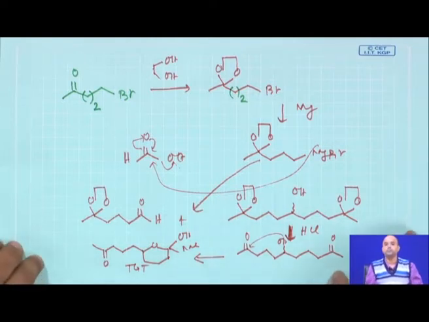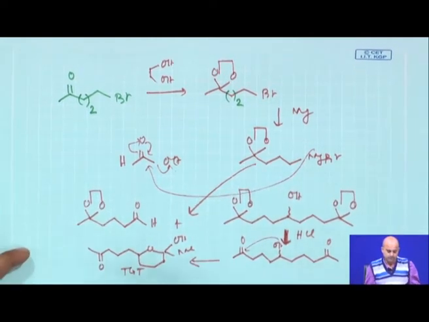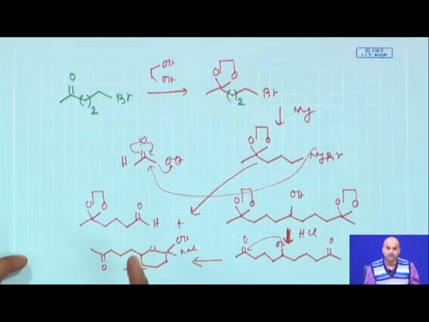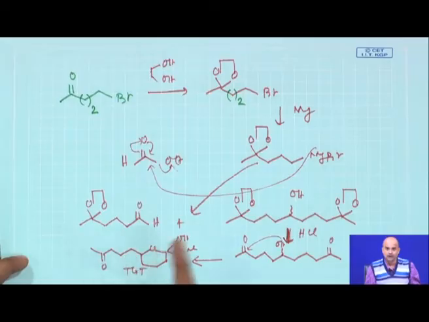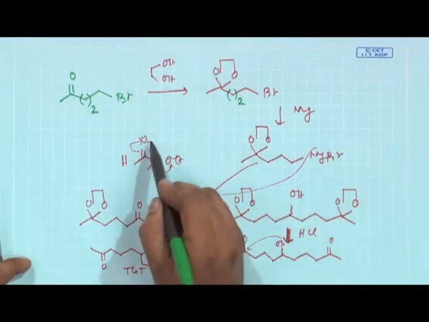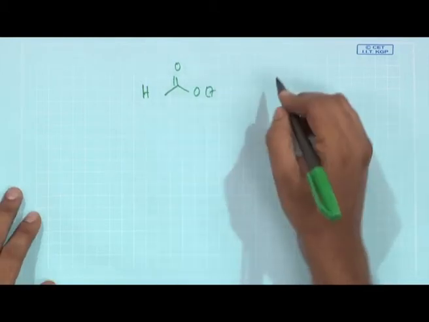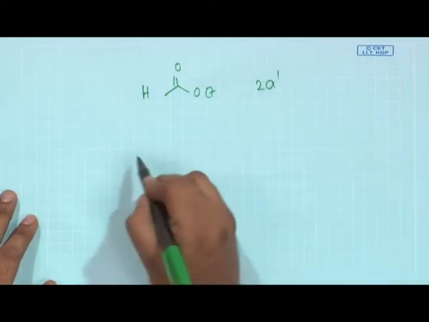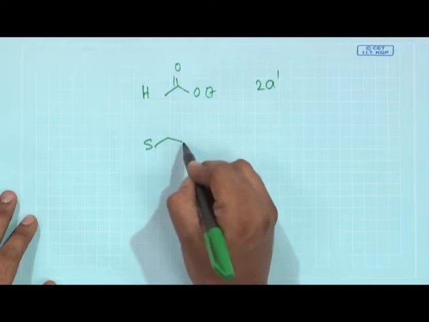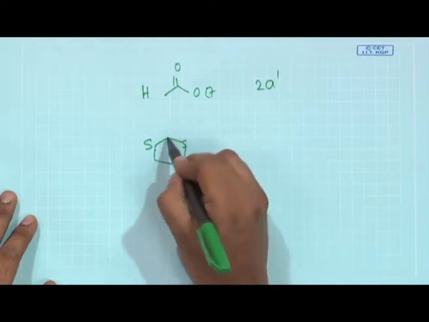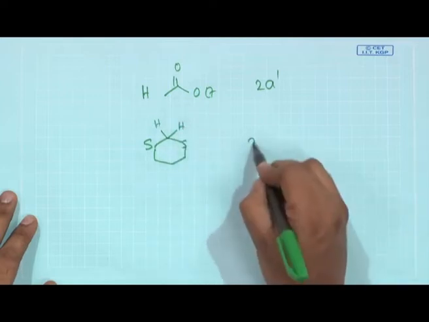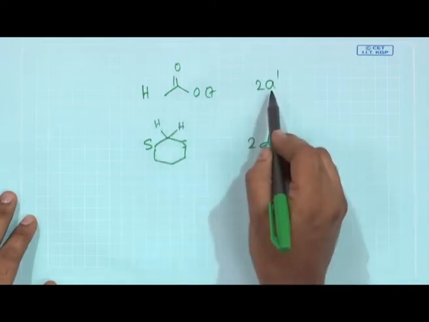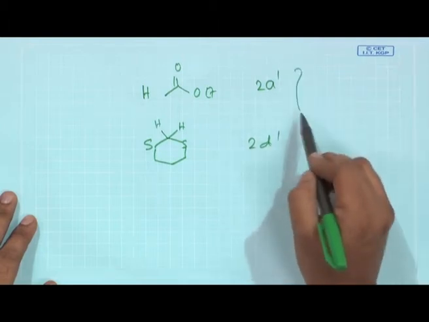So in this particular example we have focused on some nice chemistry which not only explains the use of protecting group, but also ethyl formate, which basically serves as HC double bond O OEt, which serves as a 2 acceptor species, 2A1. We earlier talked about a 2D1 species which is this one, 2D1. Now this can act as a 2A1. This is also a nice demonstration of synthetic equivalence.